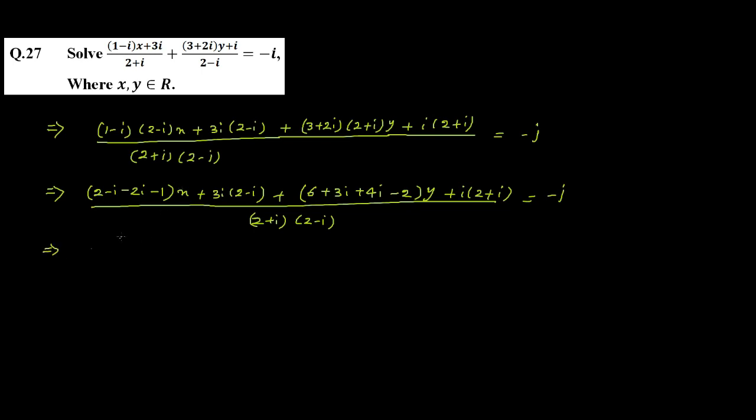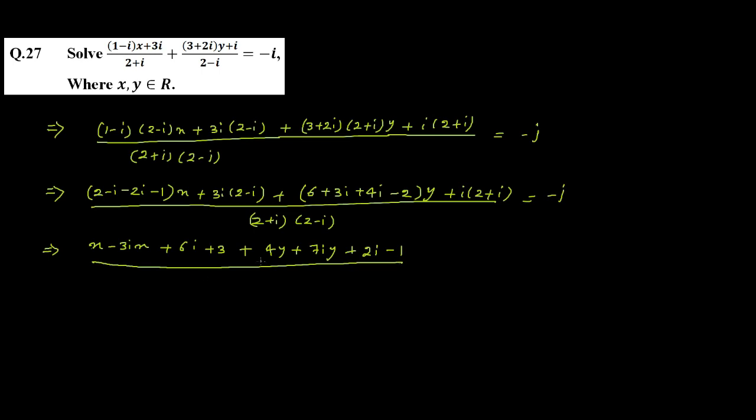Now solve the numerator part, that is 2 minus 1. So this is a 1, that is x. This is minus 3 iota x plus 6 iota, and this is minus 3 iota square, that is plus 3, plus 6 minus 2, 4, so 4y, 3 iota plus 4 iota, 7 iota, so plus 7 iota y plus 2 iota square, that is minus 1